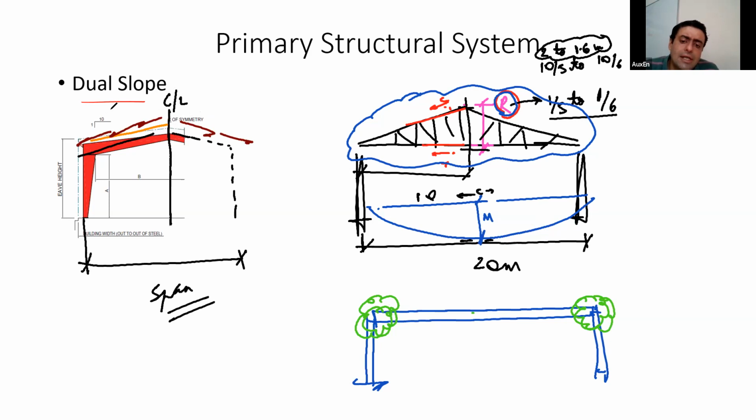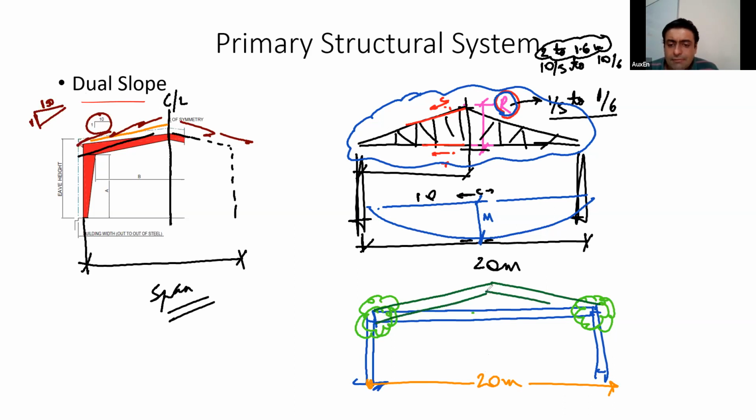An industry standard slope that we provide is 1 in 10. That will be the standard slope that we provide in any PEB shed that you see. This is the standard that is followed. So a slope of 1 in 10 we will provide. 1 in 10 would mean that if the span of my PEB system was 20 meters, how much would be my riser over here?